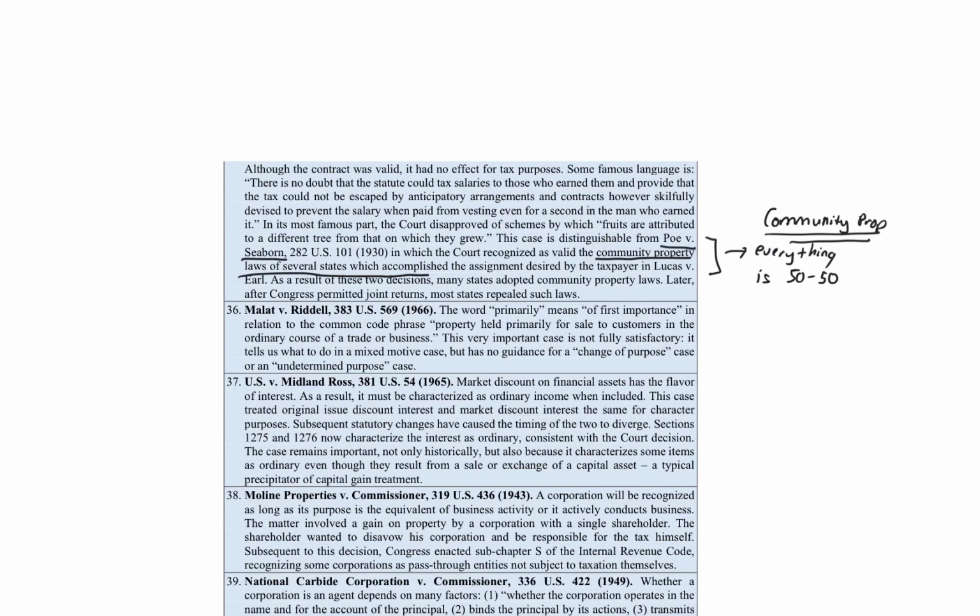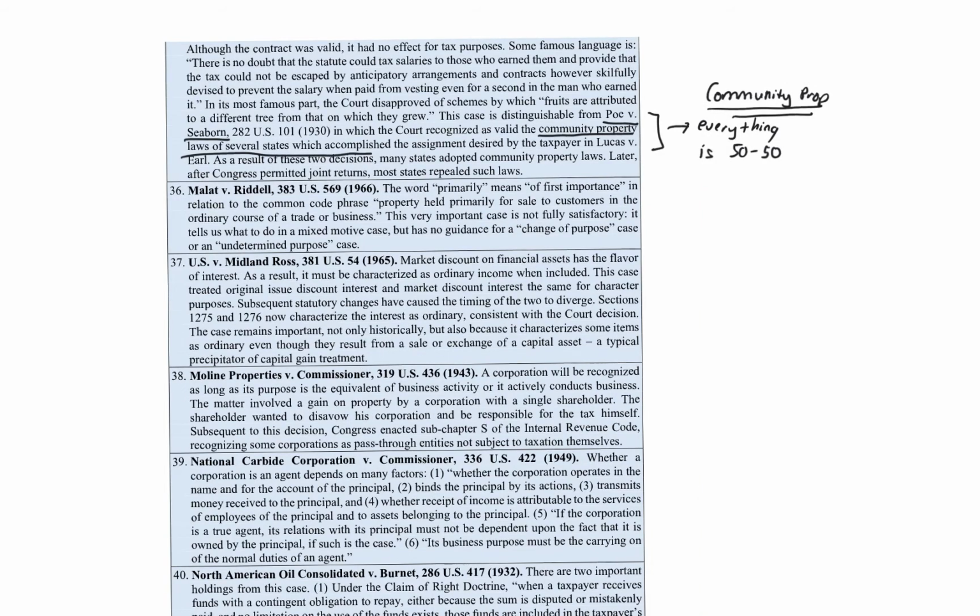Again, the general rule is he or she that performs the service is the one taxed on it. So if the wife makes $200,000 and the husband makes $50,000, rather than join them together at $250 and split it $125 right down the middle, the wife gets $200 and the husband gets $50. If you're married filing separate, that's the result. If you're married filing joint, of course, both will be on the return. But if it's community property, filing separate, it's $125 each.